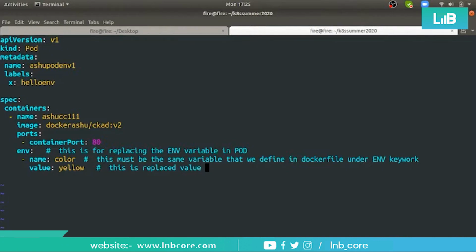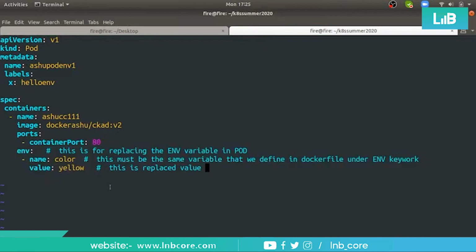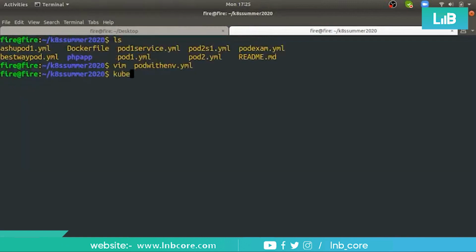Anyway, so this is the way to define the environment variable under the pod file. Let me run kubectl create -f pod with env, and it's done. Now kubectl get po.